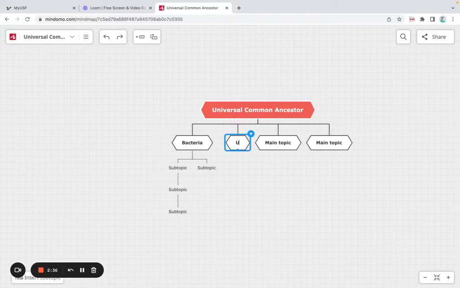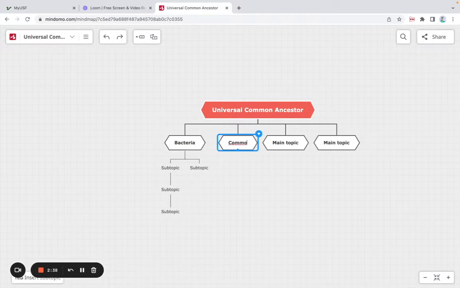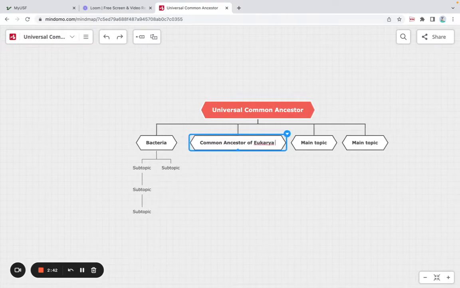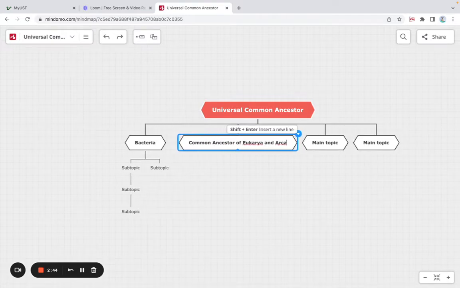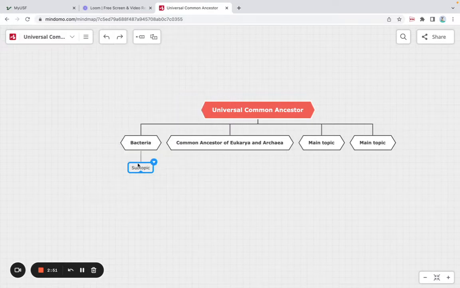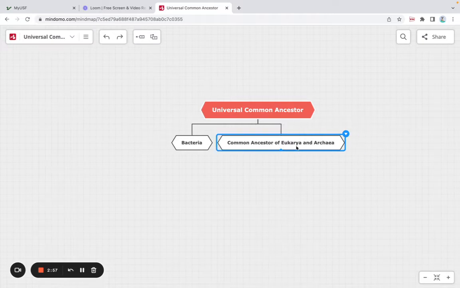type bacteria, and then common ancestor of eukarya and archaea. And then I can just delete these because I don't need them. I'm just going to highlight the boxes, press delete, highlight once again, press delete, and I can delete these too. So I need to add a subtopic under this box. So what I'm going to do, I already have the box highlighted and I'm just going to use this that